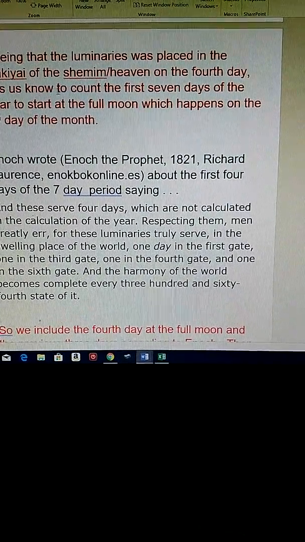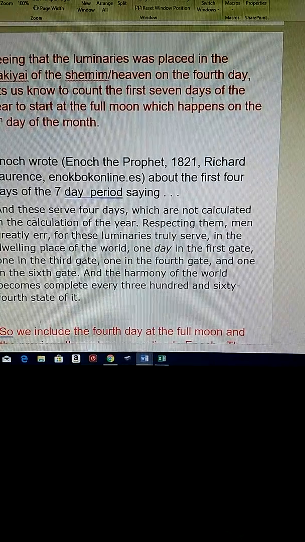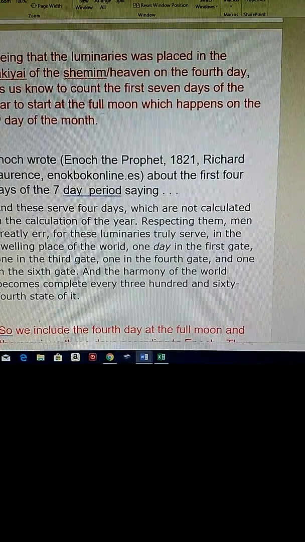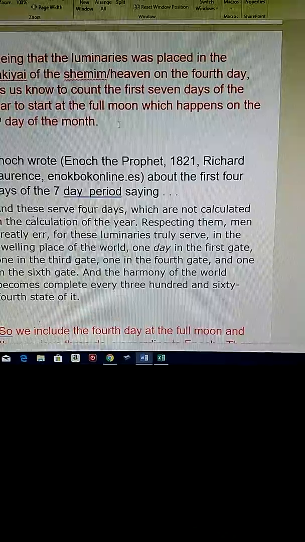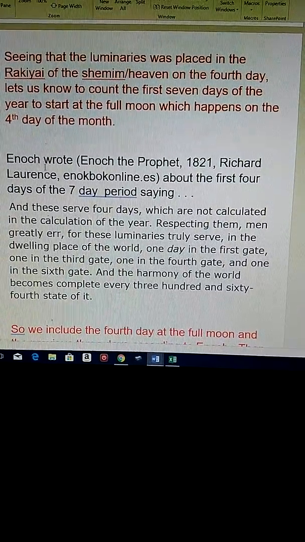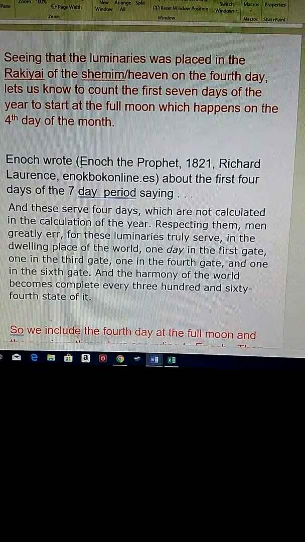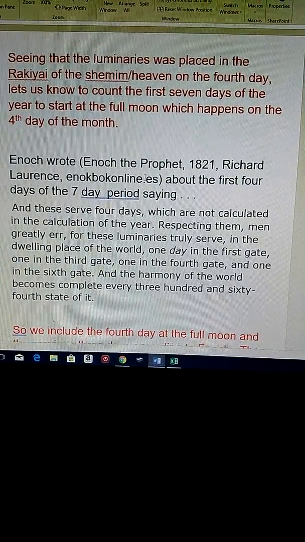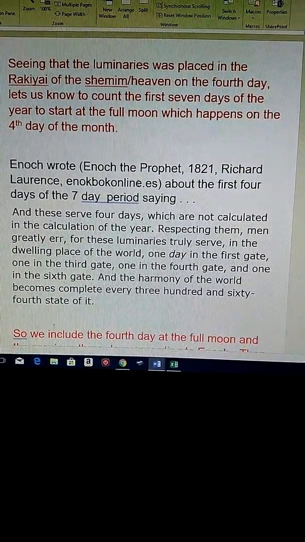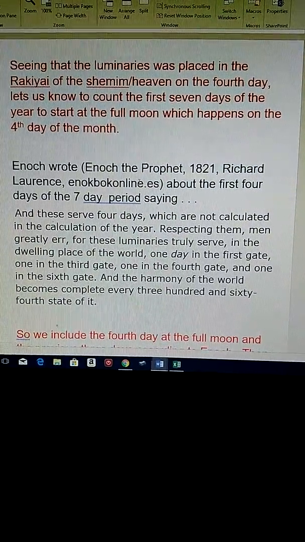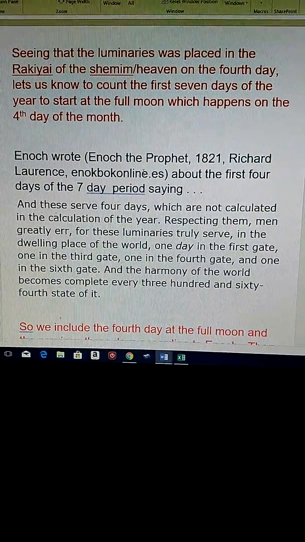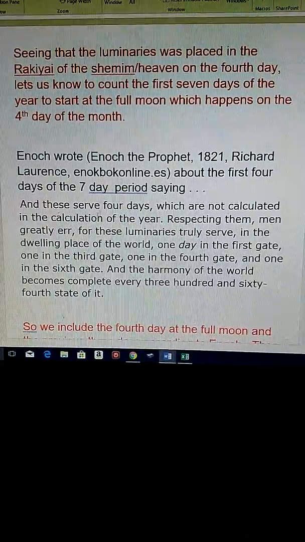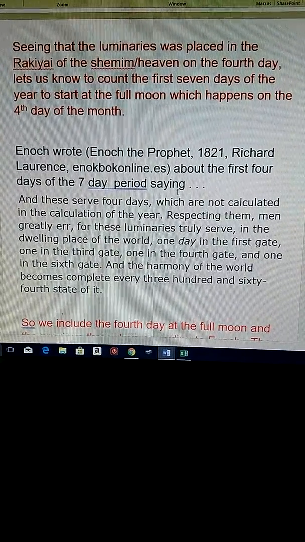it lets us know to count the first 7 days of the year to start at the full moon, which happens on the fourth day of the month. Enoch wrote, I believe this is in chapter 75, verses 1 through 3, about the first 4 days of the 7-day period, saying,